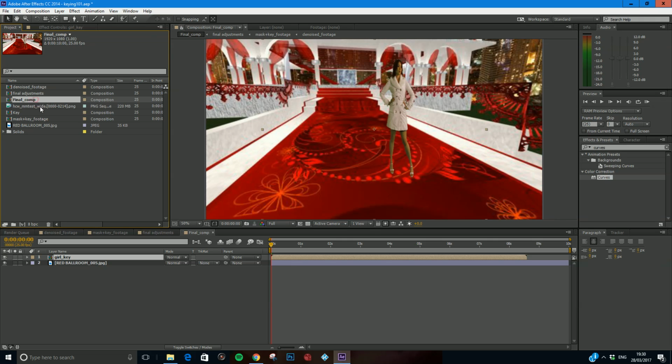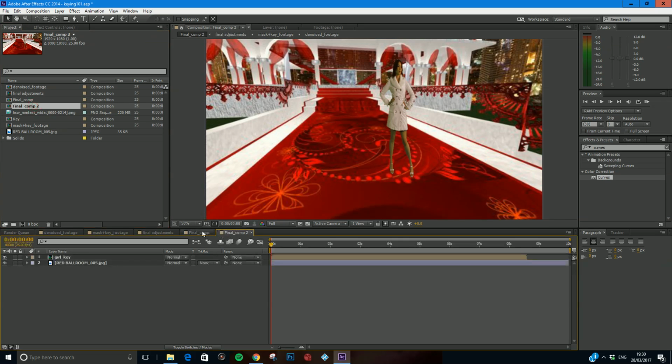So first of all I'm going to select Final Comp, and I'm going to hit Control D, and that duplicates it. So I've got Final Comp and Final Comp 2. Okay, now I'll double click Final Comp 2 to open it, and it's exactly the same as Final Comp. There is no difference, but that's where we're going to make the difference next. Now if you can't see, I'm in Final Comp 2, remember, let's quickly rename this to Light